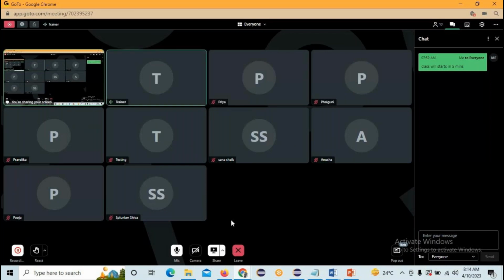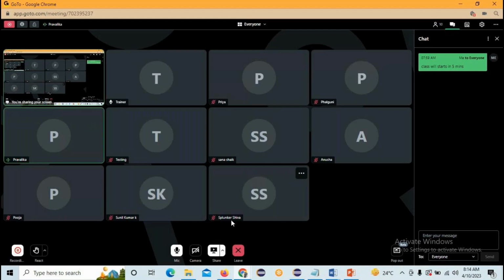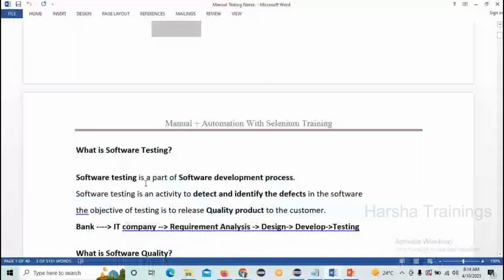Requirement analysis, design, implementation, testing, deployment, maintenance. Yes, good. Those are the phases of the software development life cycle. So here you can see software testing is one of the phases in the software development life cycle, right? That's what he's telling, it is a part of SDLC.